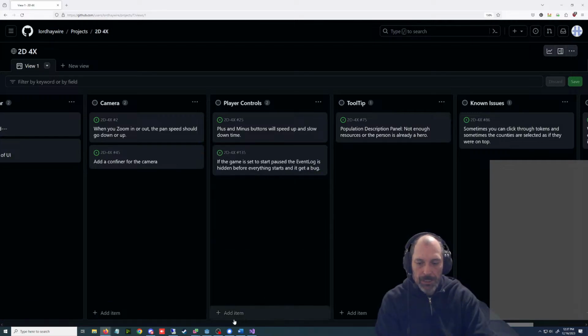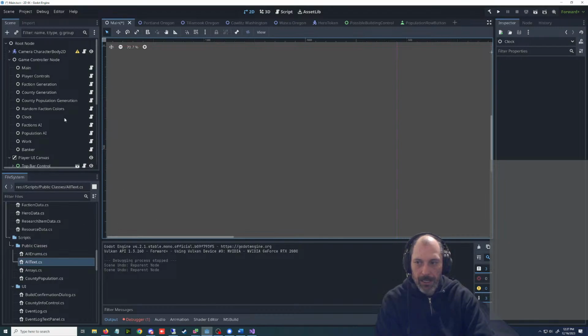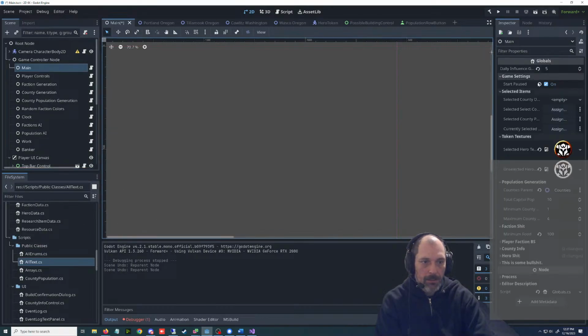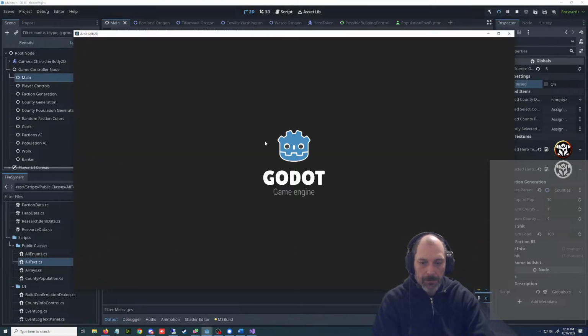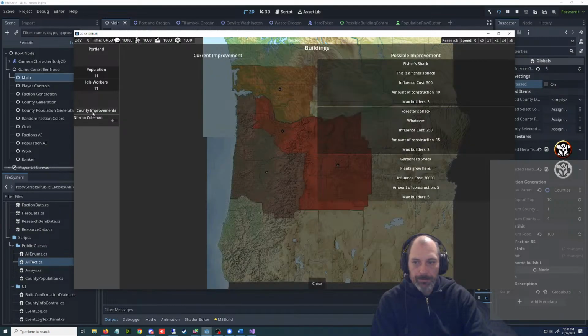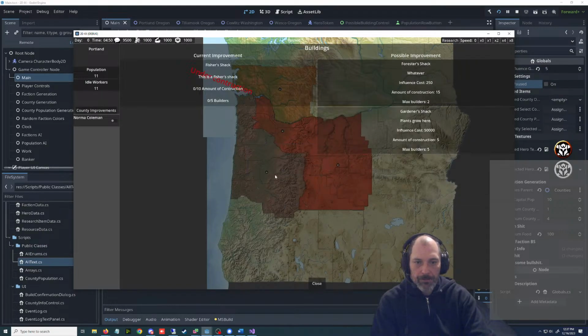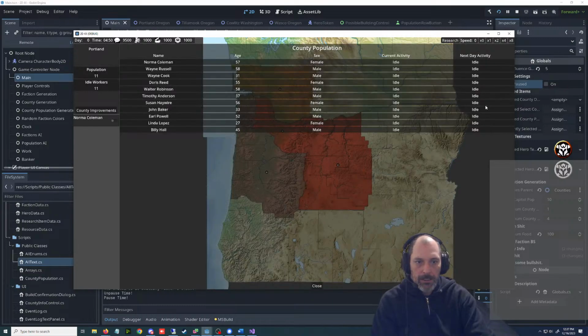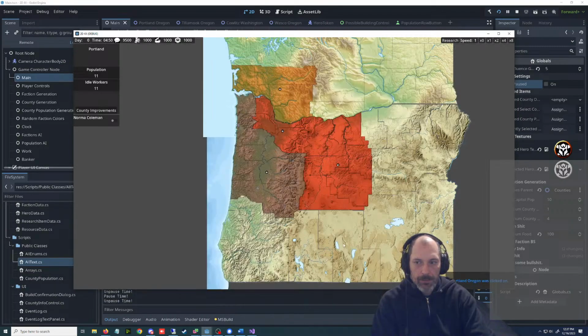I was just trying to be lazy and not have... There we go. And then this will go back to normal. Hopefully. What were we even looking at here? All right, so we build a county improvement. I can't remember what we were checking. Everything's idle. Oh, is this the one I didn't want to build, though?